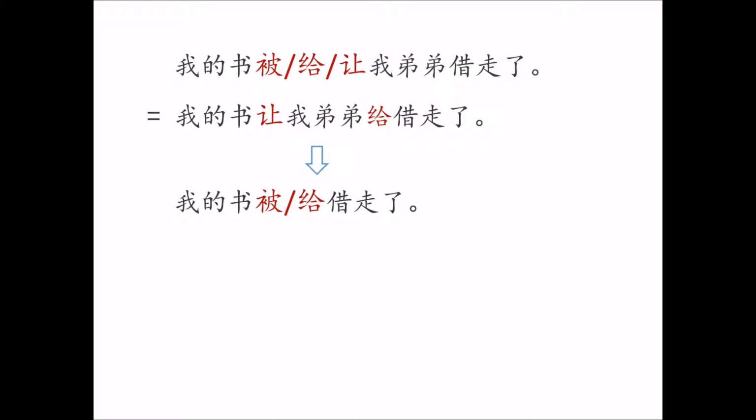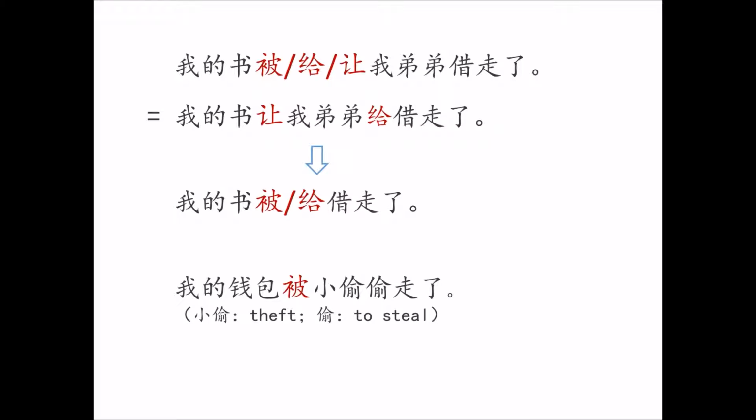And if who borrowed the book isn't that important, we can omit the performer of the action. So here we can use 被 or 给。我的书被借走了。我的书给借走了。